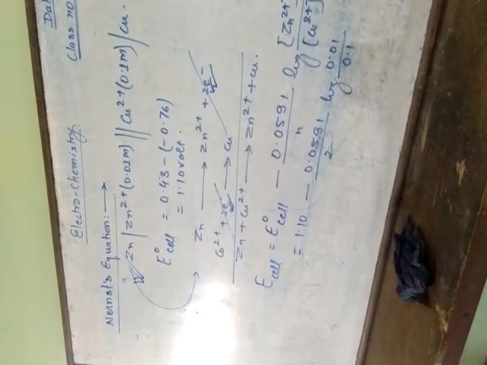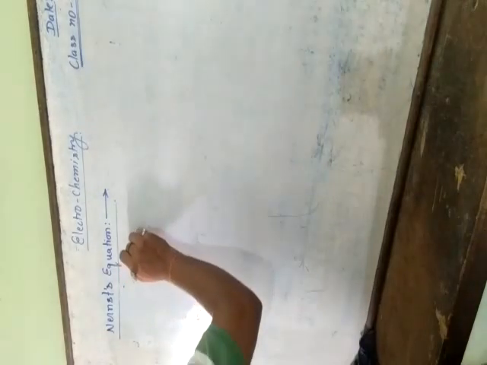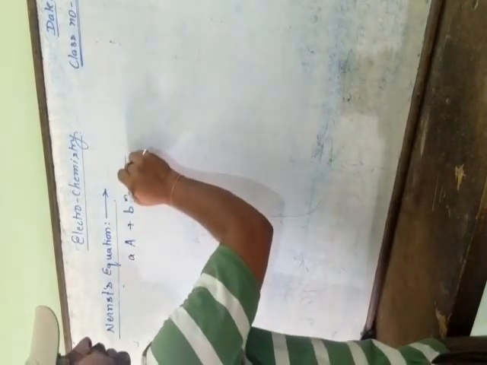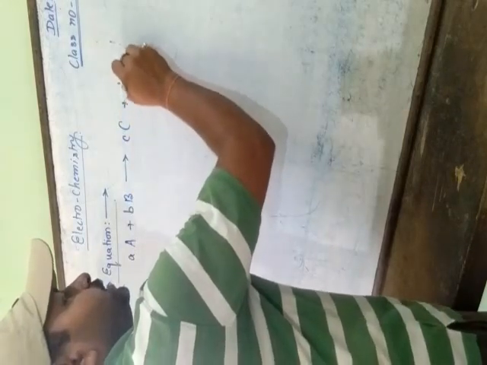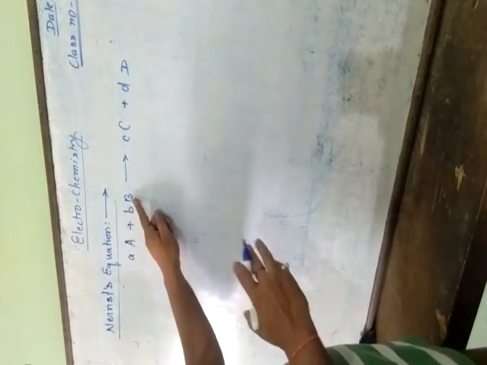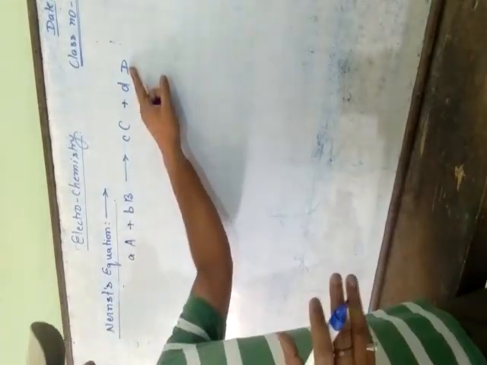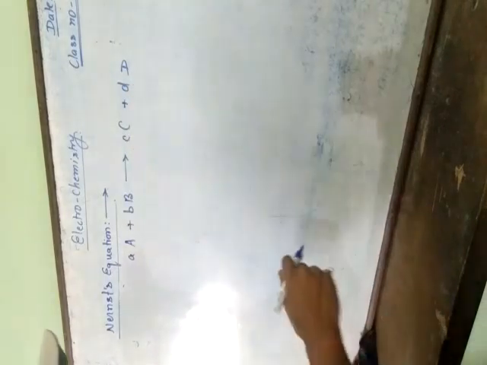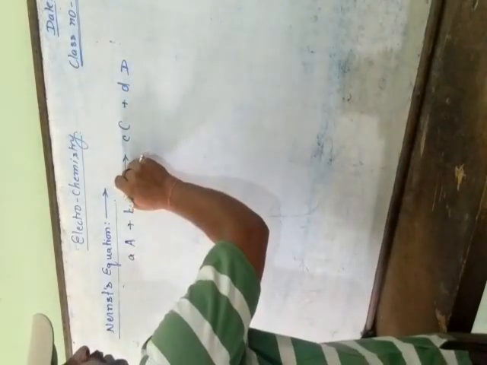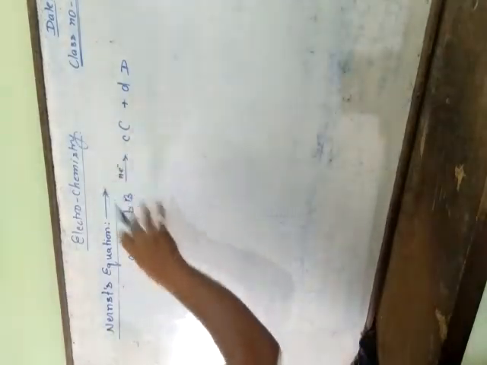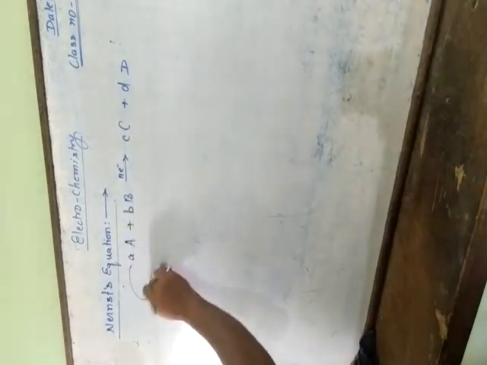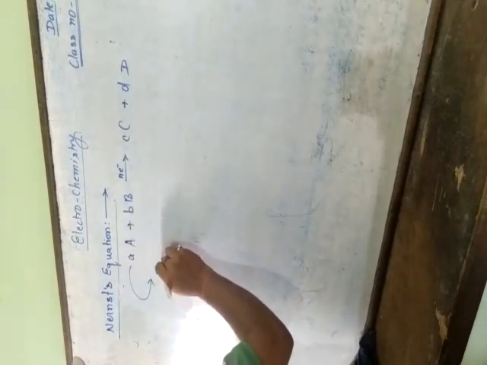Now students, we take a generalized equation, as usual: aA plus bB gives cC plus dD. Students, the capital letters A and B are reactants and the small letters a and b are their coefficients, and the capital letters C and D are products and the small letters c and d are their coefficients. If in this equation n electrons are exchanged and we follow the Nernst equation, we write down the cell potential